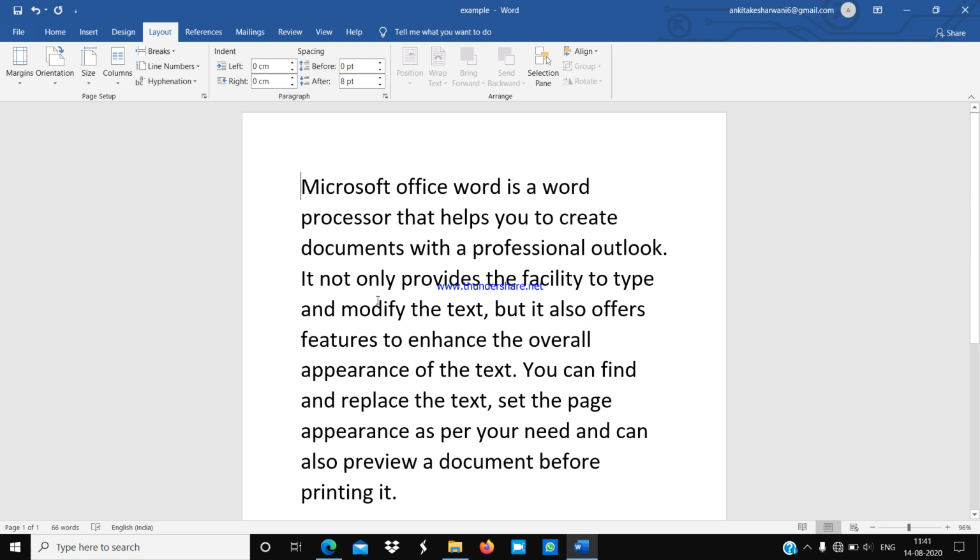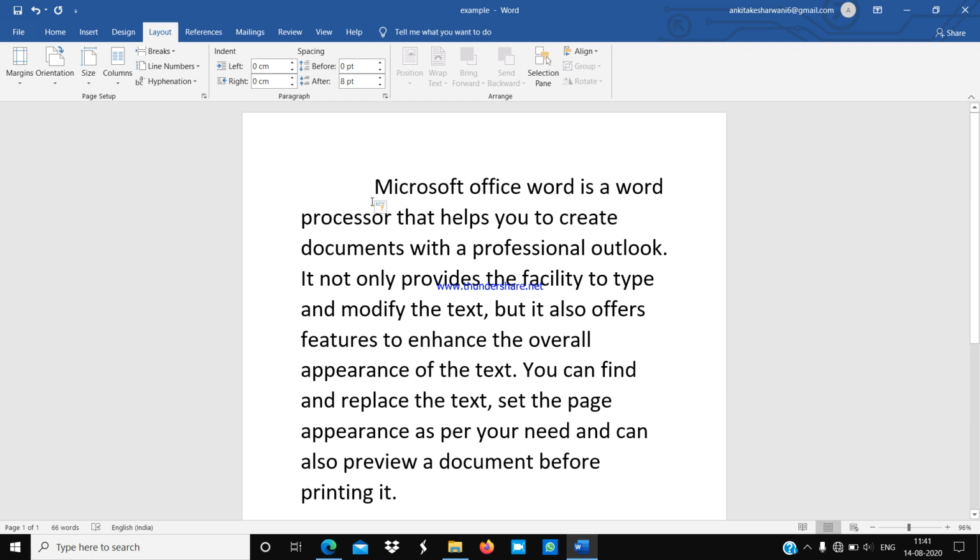Now see, if I press tab, it will move after 1.25 inches. As we press the tab button, before this you will find it came here, because at that time I was using the default 0.5 inch indent.